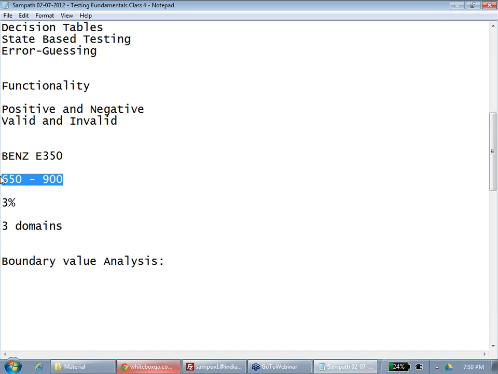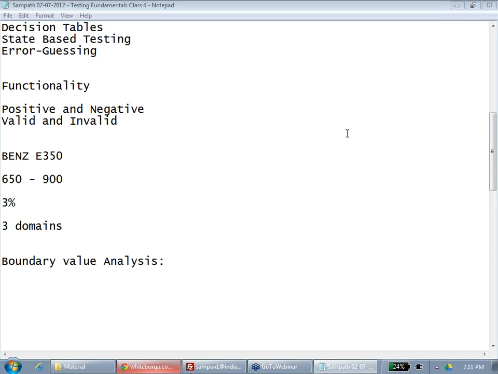Boundary value analysis is telling you that you have to test 650. Equivalence partitioning says take just one from 650 to 900, so we will take around 700 or something. So you test 649, 650, 651, 899, 900, 901. Agree? That is called boundary value analysis.